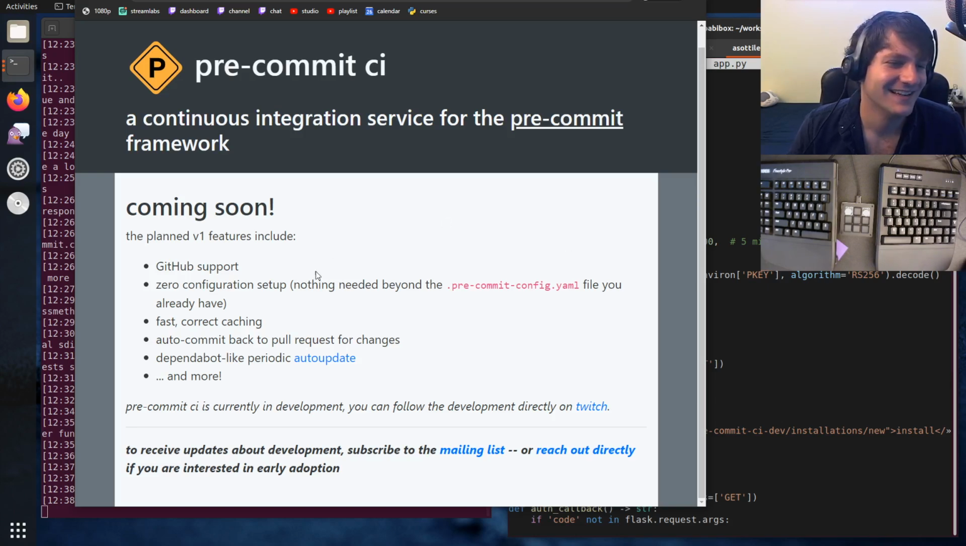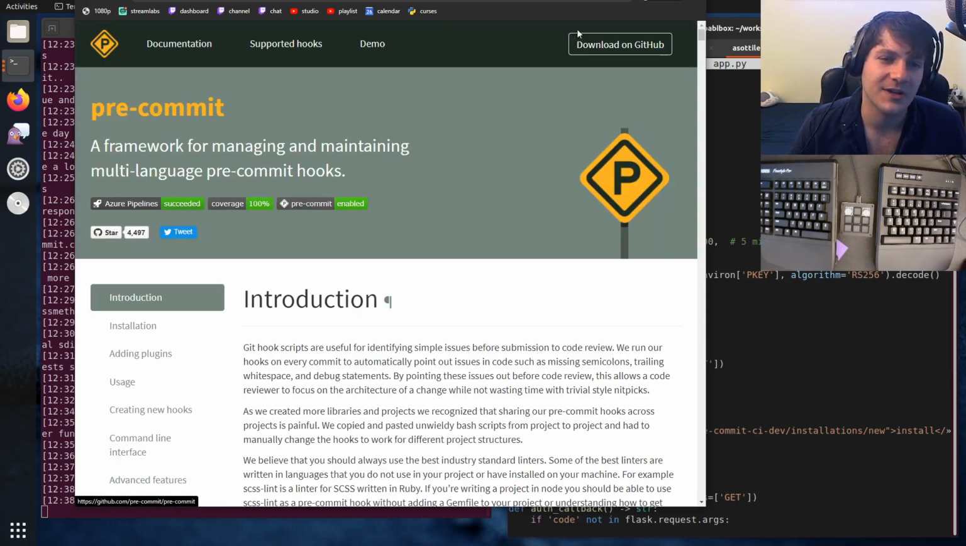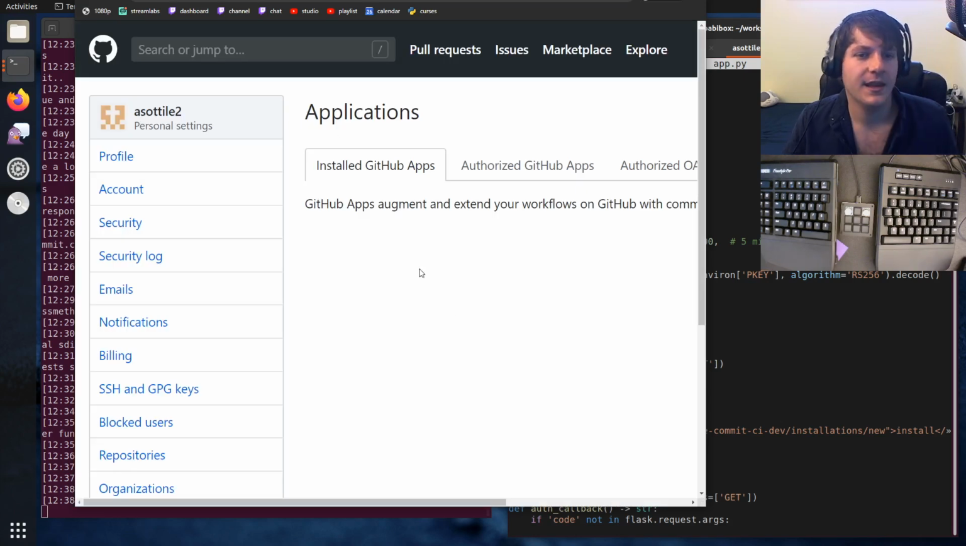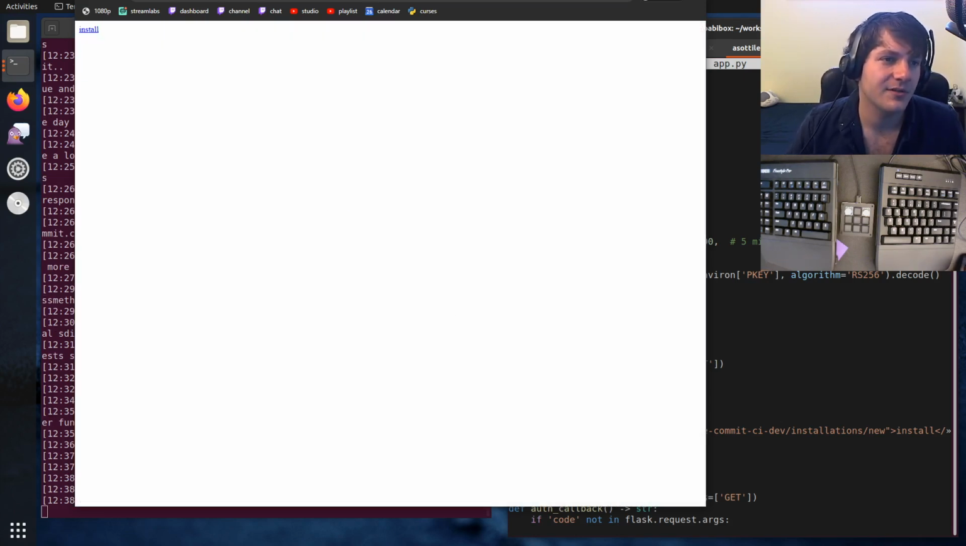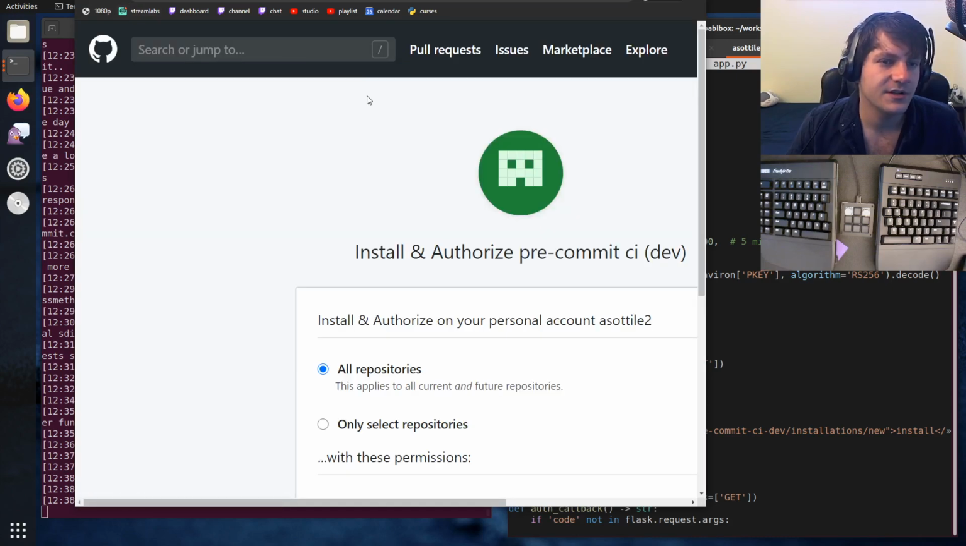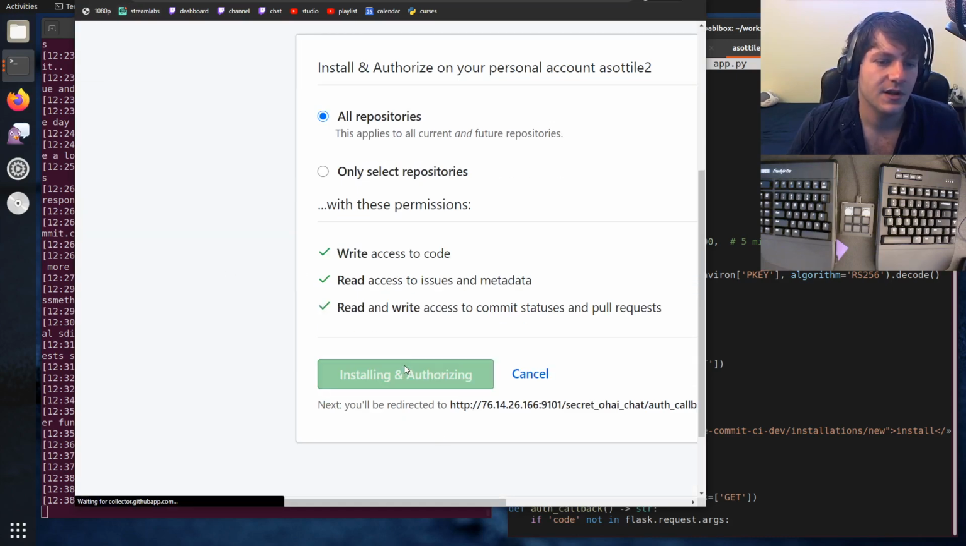But anyway, we're working on pre-commit.ci, which is a CI system for pre-commit, which is a git hooks and linter code formatter framework that I created. And we're working on the app authorization, which goes through this here. And when we click install here, it should do this, and